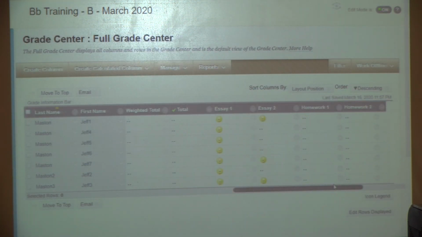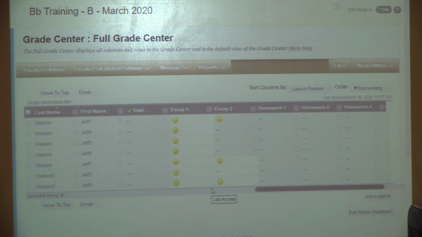And I have some columns here already set up, and I just wanted to point out that some columns in the grade center are associated with particular Blackboard features. And so this SA1, and it's got these exclamation points in it, that's the sign that it needs to be graded. There's something associated with that column that needs to be graded. And this SA1, I've got it associated with an assignment. So when I created an assignment in my Blackboard site, this column was automatically created, and then as students turned in their work through the assignment, I see this notification, and then I can actually click on the drop down for that cell,